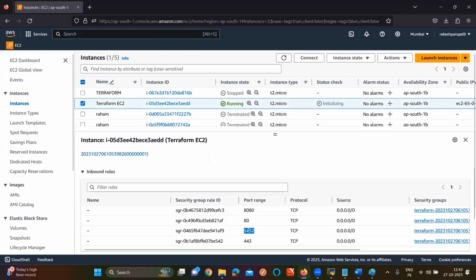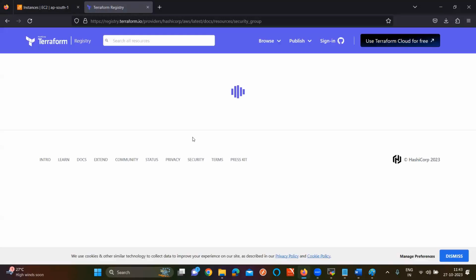Sir, basically, if I want to write the code for inbound rules, I need to write this much code here in general. But instead of writing this much code, I just give one simple block here.